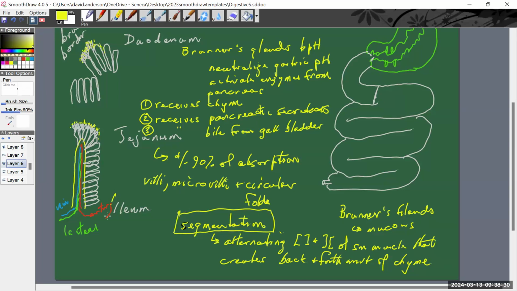Now, to squeeze in the ileum, the last part of the small intestine. So what we've got at the ileum is the presence of some Peyer's patches. We talked about Peyer's patches, indirectly at least, when we talked about the immune system. The Peyer's patches are an example of a mucosal associated lymphoid tissue. In other words, what we're going to see here at the ileum is a large concentration of lymphocytes, white blood cells, including some T cells and helper cells and so on,